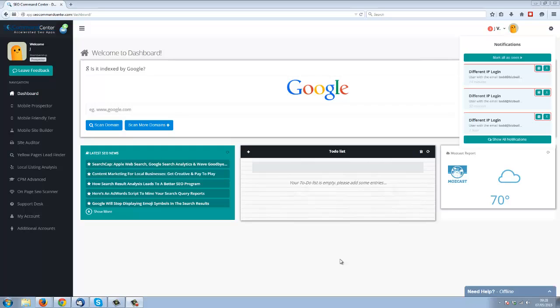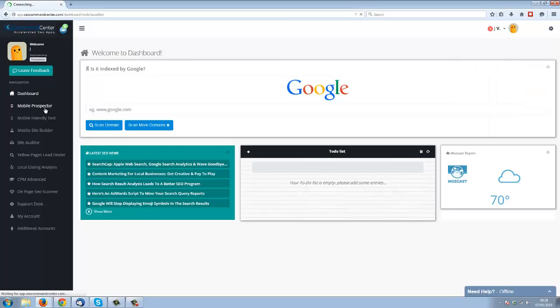Now, I've loaded up the software here in my browser. It's a software as a service, so when you buy it, you get the login and you get this command center. There's a load of things down here, but the only two you get on the front end are the mobile prospector and the mobile friendly test. Everything else is part of the OTO and part of the sales funnel. So I'll start by having a look at the mobile prospector, as this is where the real true value of